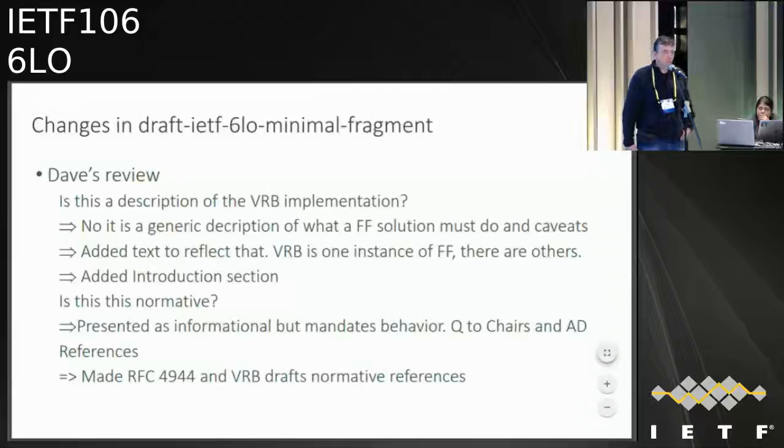So the feeling I had, on trying to answer Dave's point, was that this should be described in more detail. There's a need to tell the world that the IETF has looked at what it is to forward fragments. There is one particular way, described in detail down to the implementation, which is VRB. That's great. VRB enables doing it with RFC 4944, the way it stands. Now, there are things that VRB and any other fragmentation, including the reliable fragment, needs to do anyway. There needs to be an overview to explain those things. And if you fall into one of those pitfalls, then you get very bad results. Avoid them. So I added quite a bit of text in the document, and we had a number of